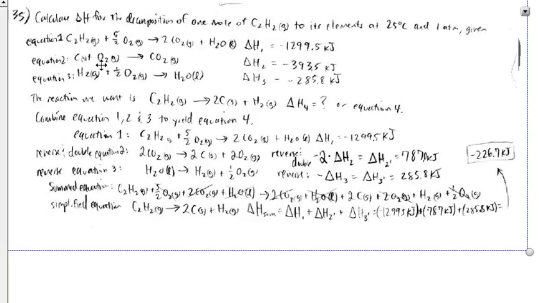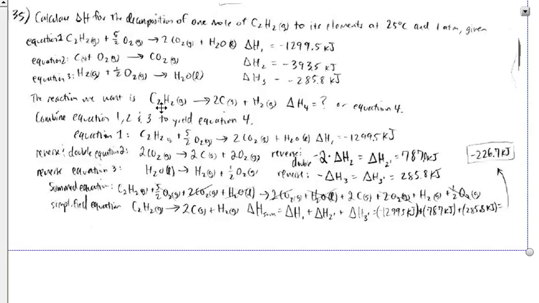Equation 2: carbon plus O2 gives you CO2 with an associated negative enthalpy change. I'm calling it delta H with a little subscript 2. Equation 3: H2 gas plus 1/2 O2 gets you H2O, and the enthalpy change delta H3 is negative 285.8